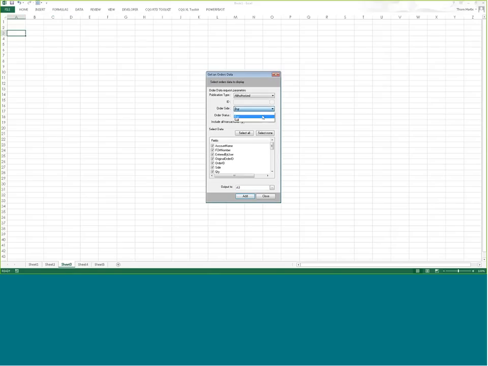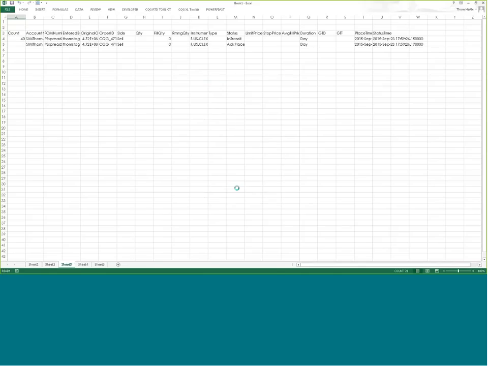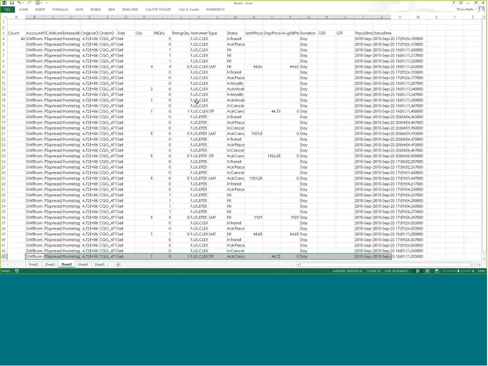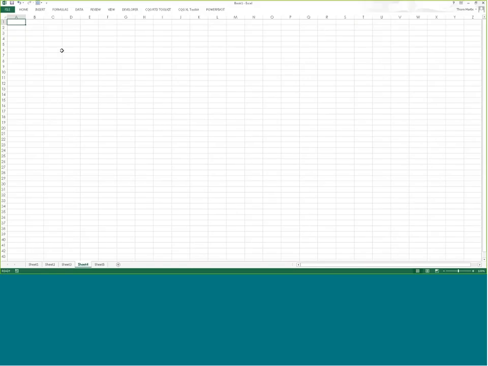So now we're going to look at that on the sell side. And so these are all the information about all the orders I had for the sell side. And then last we have